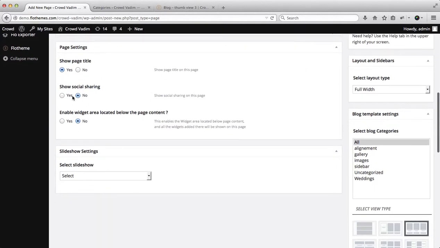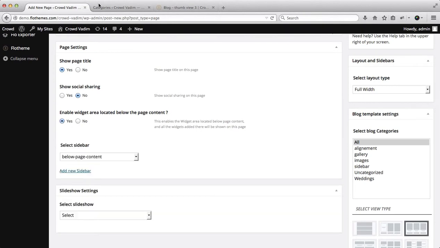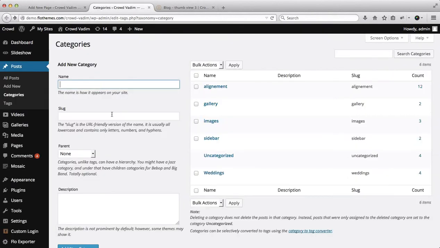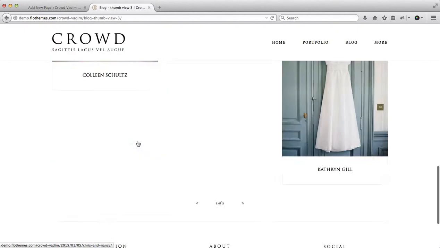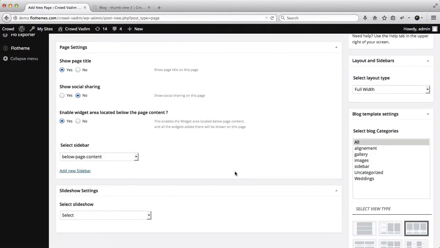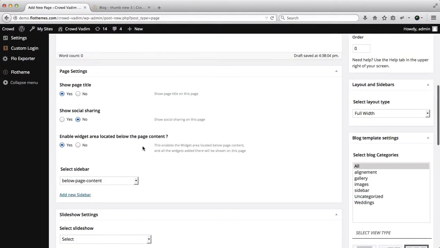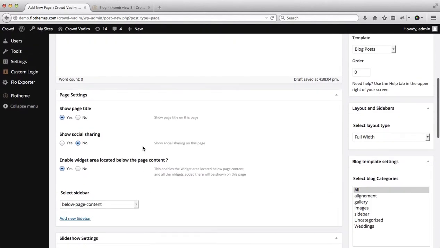You can enable or disable social media sharing for this particular page, so I would disable that. And then you have the ability to enable or disable this widget area, which will appear right, let me just close this, right at the very bottom of the page over here. So whenever you select the following sidebar, actually it's not really a sidebar, it's more of a bottom bar, so